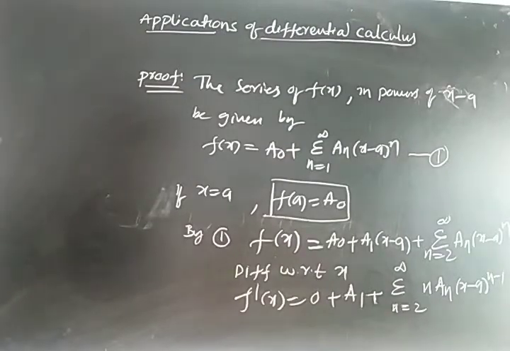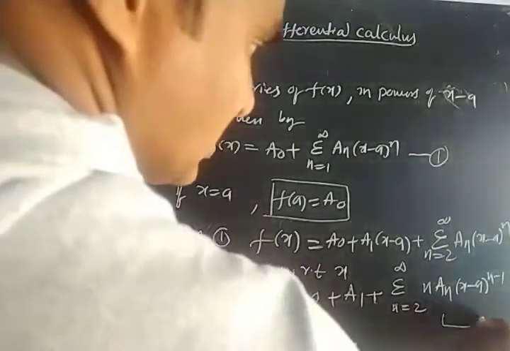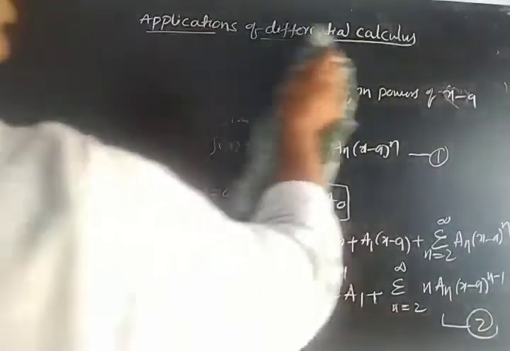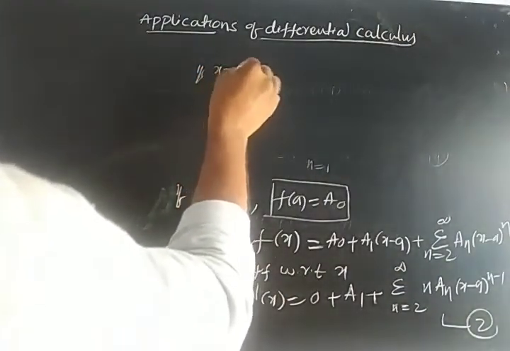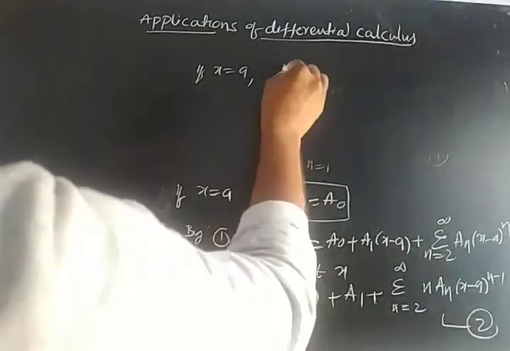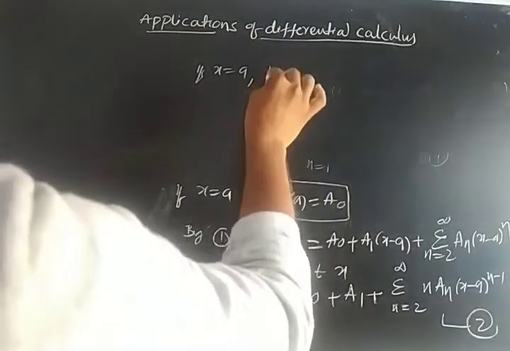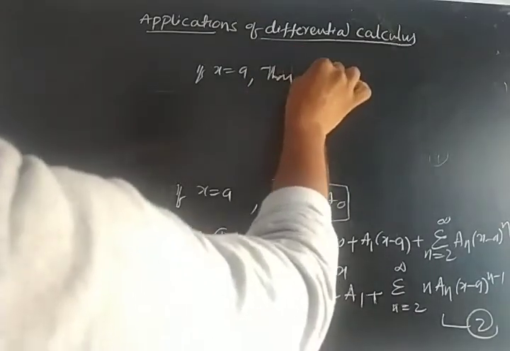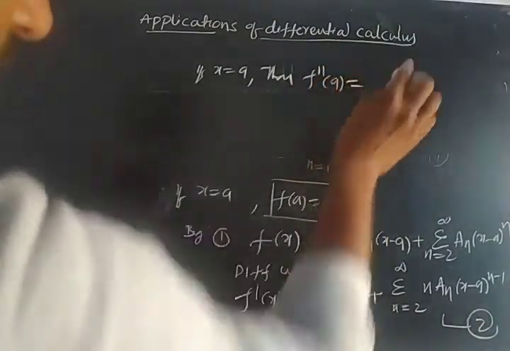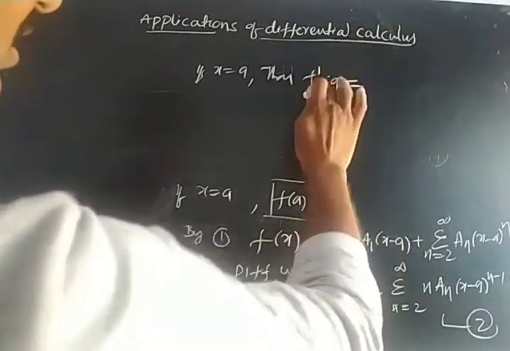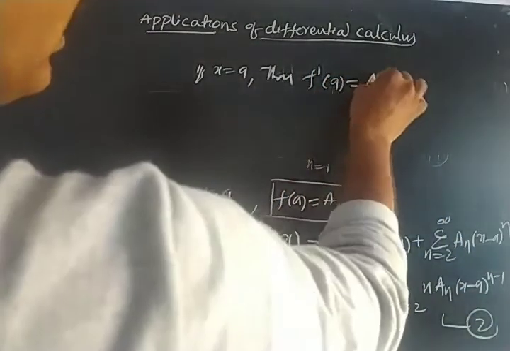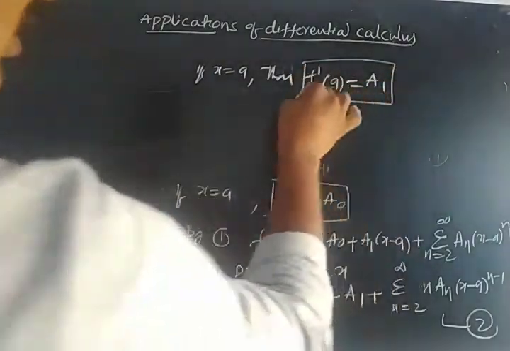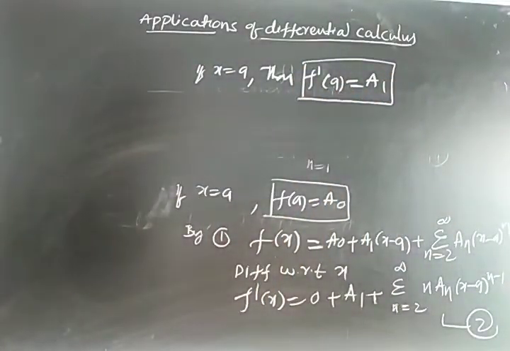So by substituting, say this is equation 2, now by substituting x equal to a in this equation 2, if x equal to a, then f dash of a, sorry, only one derivative, f dash of a equal to a1, here a minus a0, so you will get a1 value. From the first derivative I got the a1 value. We are finding a1, a2, unknown quantities, right?